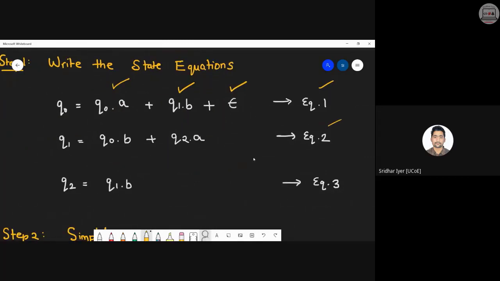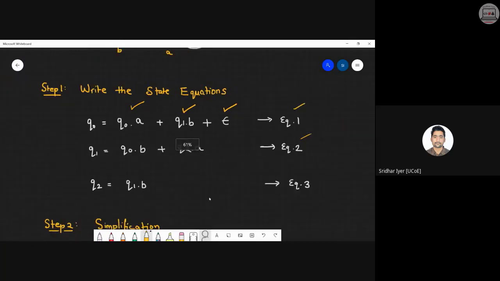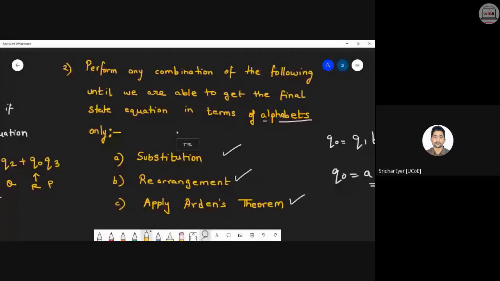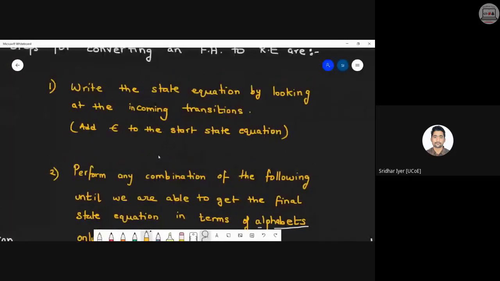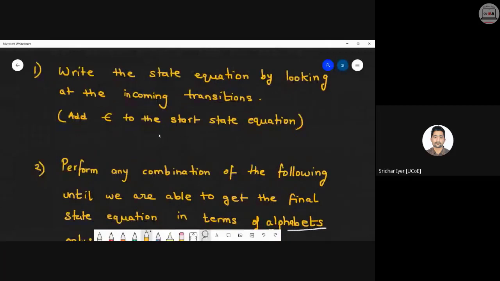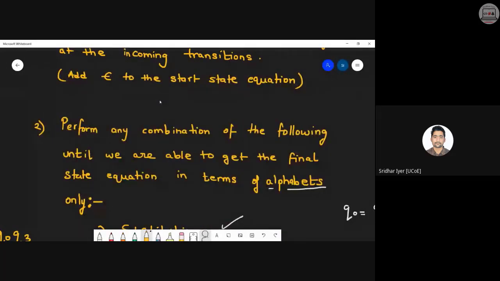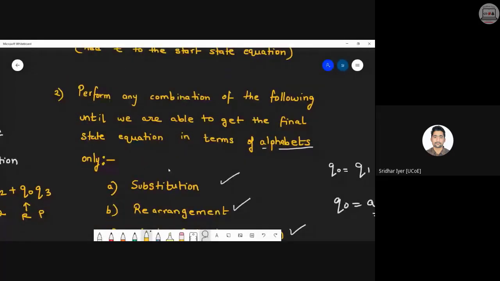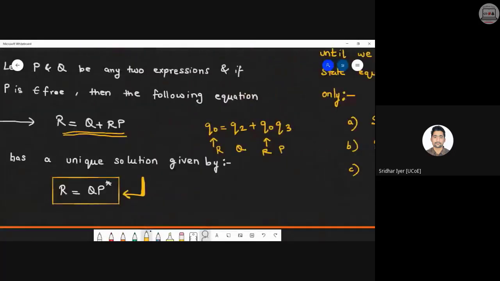Clear, so this was your step number one, that is, write the state equations. Am I clear with the very first step? There was confusion earlier, but now it is clear, I hope. Now we can start with the second step, that is, you have to perform combinations of the following: substitution, rearrangement, and then try to apply Arden's theorem in order to get the equation in this format, that is R is equal to